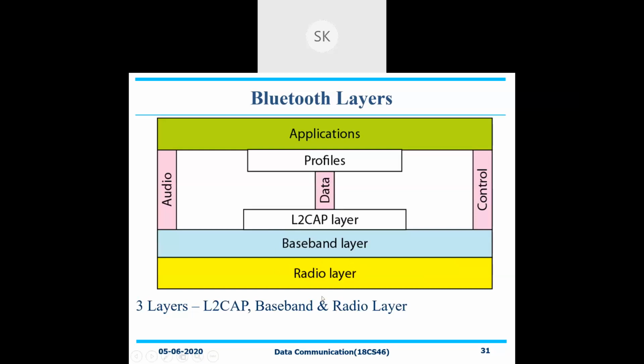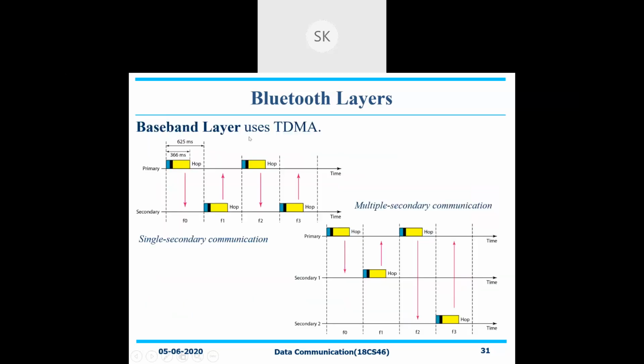The next one is your radio layer. The radio layer will be selecting the transceiver that you want to have: how many transmitters or transceivers you want, and how fast it will be done. Based on that, it will be chosen by your radio signals. Whether it is in transmission mode or receiver mode will be taken care of by the radio layer. So that's all with respect to this.